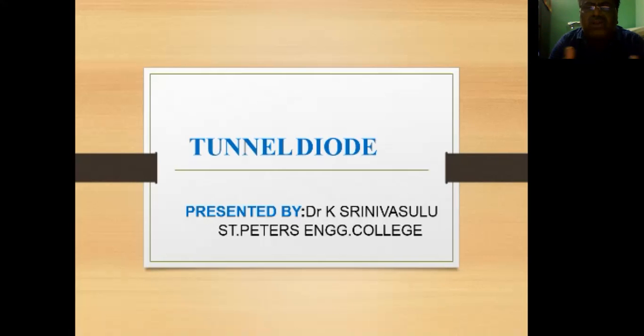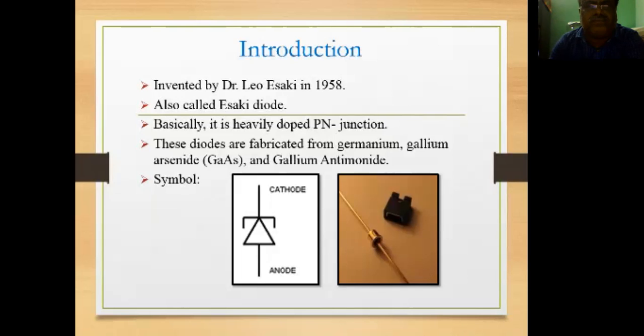That means these diodes are operated under reverse bias, so the diodes are used at high voltages. That's what are called special purpose diodes. Under special purpose diodes, the tunnel diode is a very popular and very important diode. So how does the tunnel diode work? Okay, let us see now.